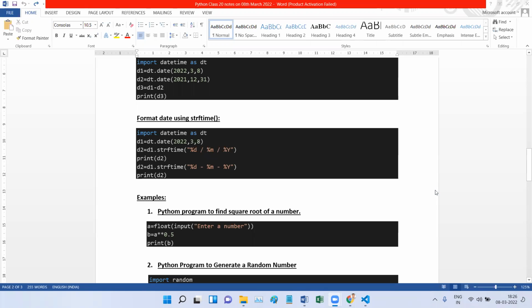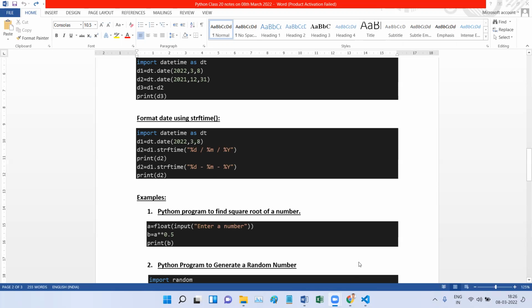So what we are going to do in these 7 to 10 days is we will be seeing different types of examples. We will implement each and every concept again with different types of examples. We will implement lists, modules, everything. We will try different types of examples in our class. So if you are interested in trying with examples, if you are thorough with the concept, please try to attend the classes from tomorrow.